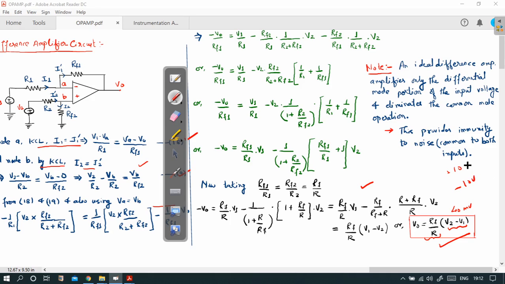If these are the power supply values, it means that whatever value of V naught comes from this equation should not exceed the value given by these power supplies, which are fed to this op-amp. If this value comes within this range, then it's fine, it's not a problem. If it comes higher than this plus minus 10 value, suppose it comes out to be 12 volt, which is higher than 10 volt,